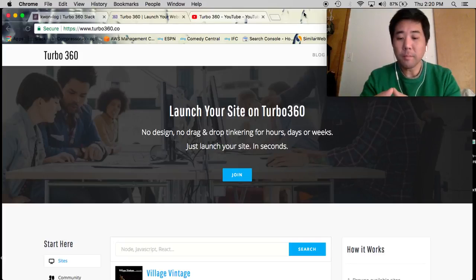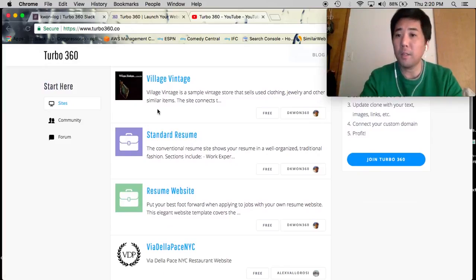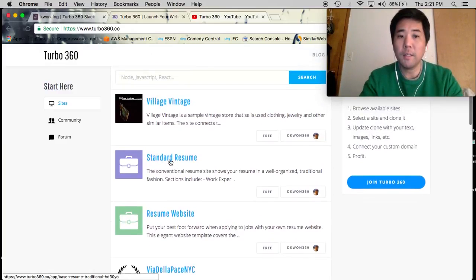In addition, clones are good for non-programmers, so it's meant to be a bridge between programmers and non-programmers. So if you're a non-programmer, you can clone a project and change a bunch of config settings to update the content, and then at that point pass it off to a Turbo programmer, who can take it over from there, or you can just leave it as is if you want. So for example, these on the home page, these are templates that you can clone, right? So for example, if I want to clone the standard resume,